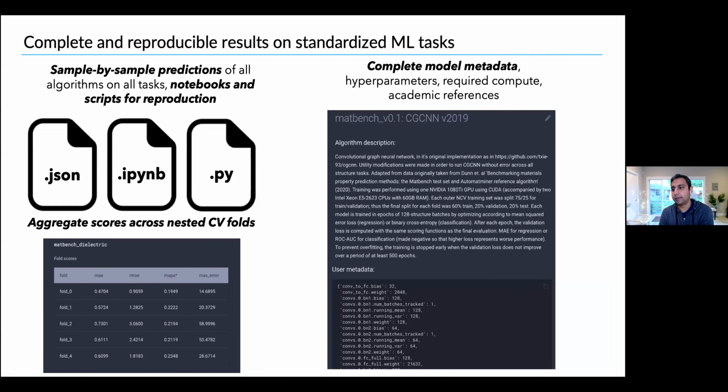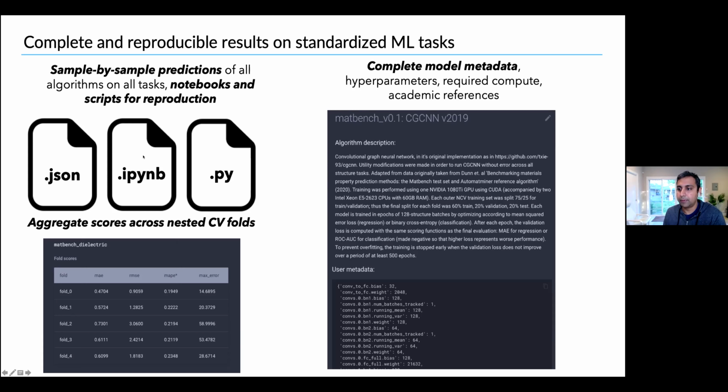So in addition to the raw scores on Matbench and just showing you what's doing the best on each task, there's actually a lot more information that you can get on every single model that's been tested. For example, you can get sample by sample predictions, which means that for every single data point that was used in the test set, you can see exactly what was the number produced by each model. That's useful because if you want to run the models yourself, sometimes you want to know, am I using the same hyperparameters, the same version of the code? Am I getting the same results that were previously gotten for these models? Having these sample by sample predictions will help you verify that when you run the model, you're getting the same results as everybody else.